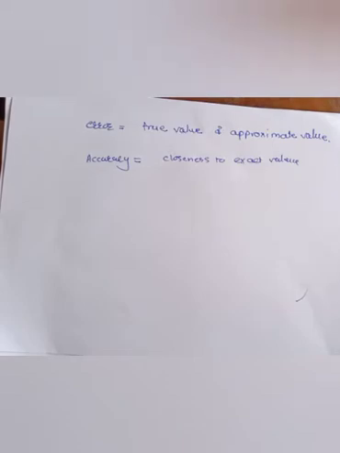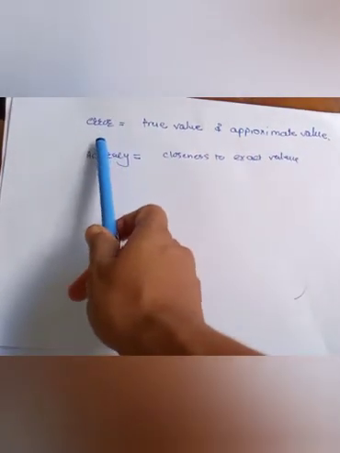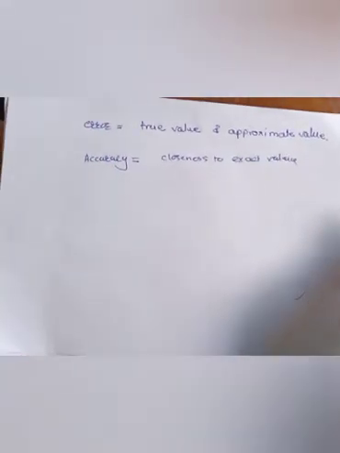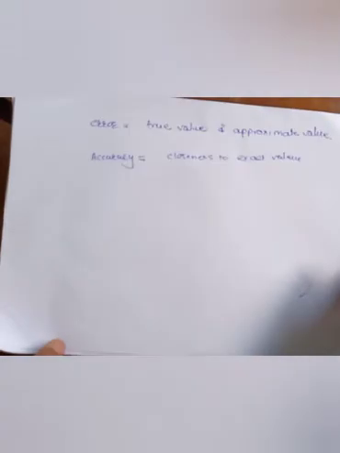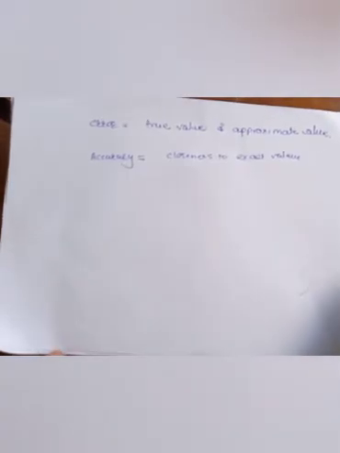So, in this chapter, initially, I am going to explain you two terms. The first term is error, and I think you are familiar with this term. You already learned this term last year. So, I am going to explain you the definition itself. What is error? Error is nothing but the difference between the true value and approximate value. The next term is accuracy. Accuracy is the closeness to the exact value.